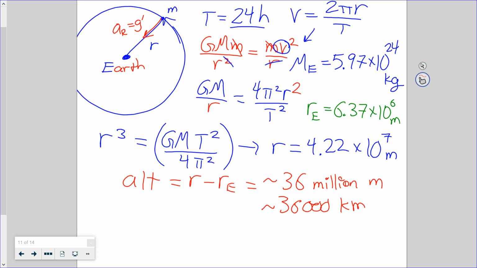Okay, let's make that a complete video. Oh, because I have an r left over from my gravity equation. G m m over r squared equals m v squared over r. Before I substituted v, I canceled one r from the denominator. Okay, so then I'm left with just G m over r. That's going to come up again. It's really fun. And then I set that equal to v squared, basically. So this whole term, 4 pi squared r squared over t squared, that is v squared. Okay, because it's the circumference divided by the total time. Usually